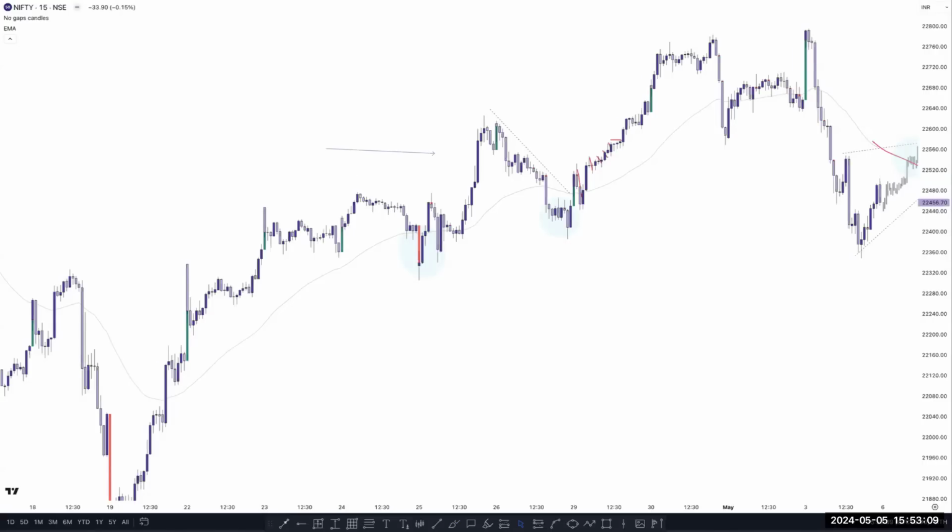Why don't you care about previous day high or low session liquidity in price action? So there are so many things. You don't need to focus on all the things. You need to focus on a few things which are working for you and make it as simple as possible.